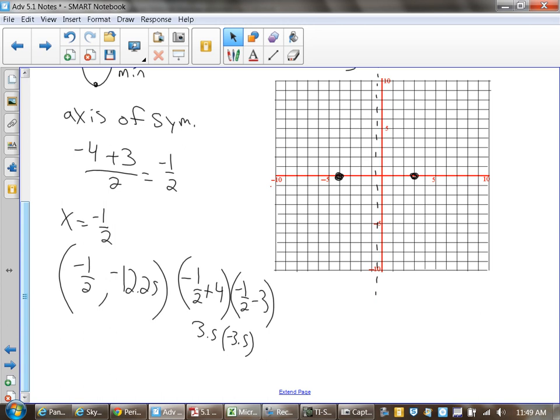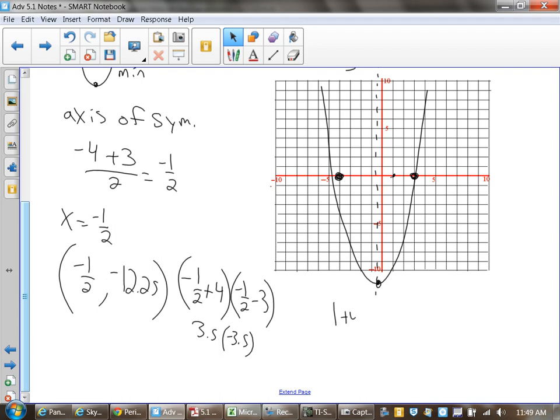So worst thing that happens here is we have a crummy little fraction. Big deal. Is it going to be up like a cup or down like a crown? Could you pick a set of points that are equidistant from that axis of symmetry to find a symmetric twin? Yeah. Let's pick 1. If I pick x equals 1,